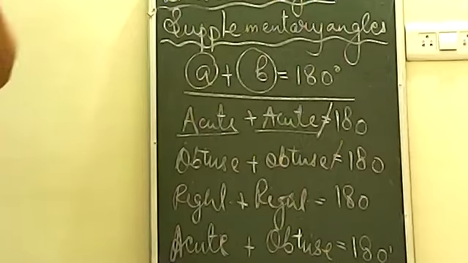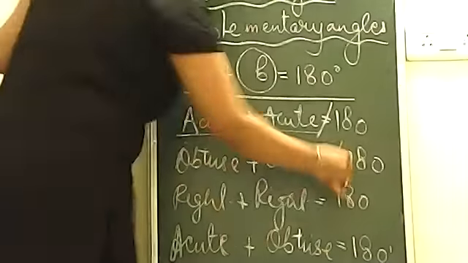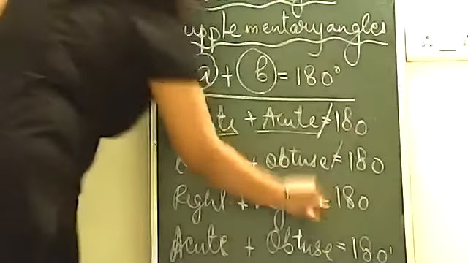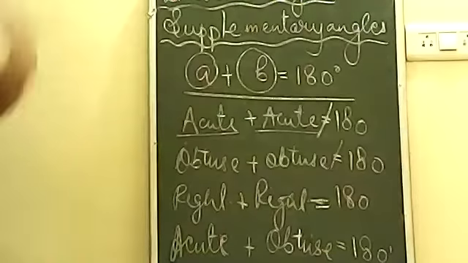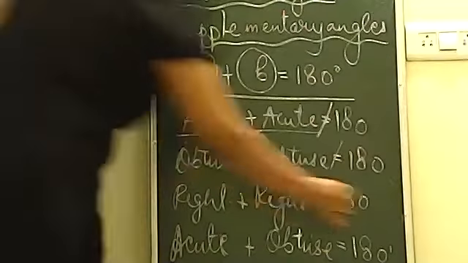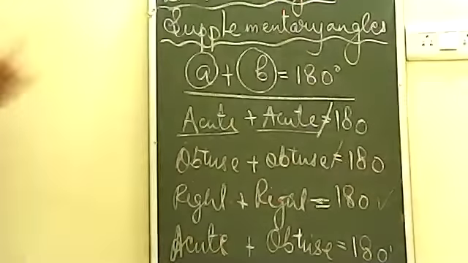Okay, because if you take simply 191 also, it will give you 182. So it means this condition is also not possible at all. Then I gave you a third condition to think upon, that is, two right angles can be supplementary. You said yes, absolutely right. It is yes, because right angle means 90 and 90, which gives you 180 degrees. That means it is true. So the third condition is true here.